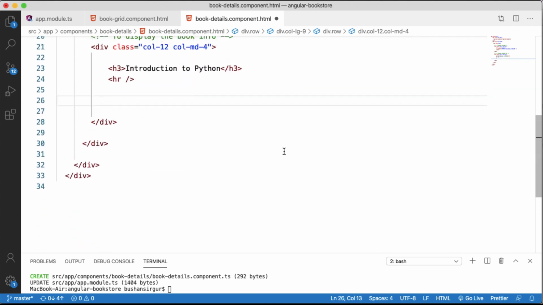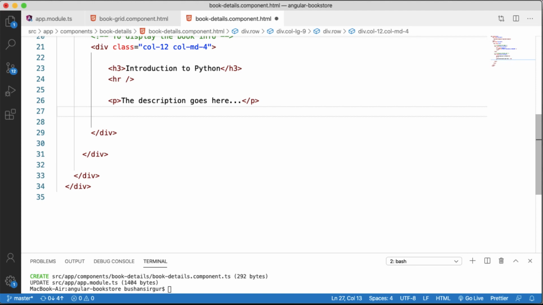And I'm going to make use of the paragraph element to display the book description. For now we're going to hardcode the text. Later we're going to display the text or the data dynamically.